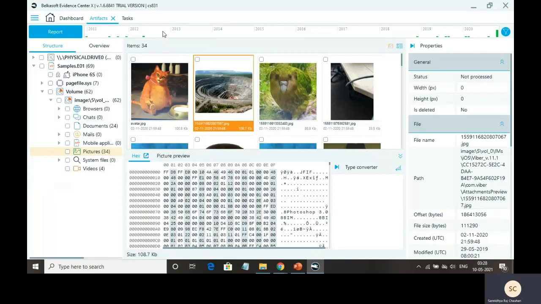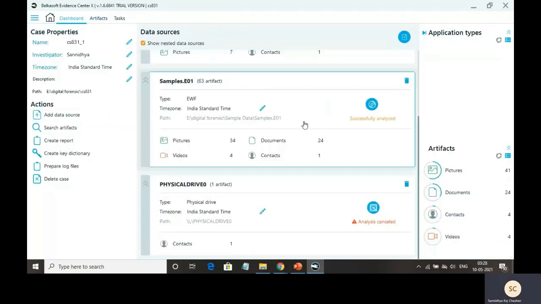Here the timeline is given, 2011, 2012, 13, like that. Here we can select from which time to which time we want to sort the data. So this was about the triage.